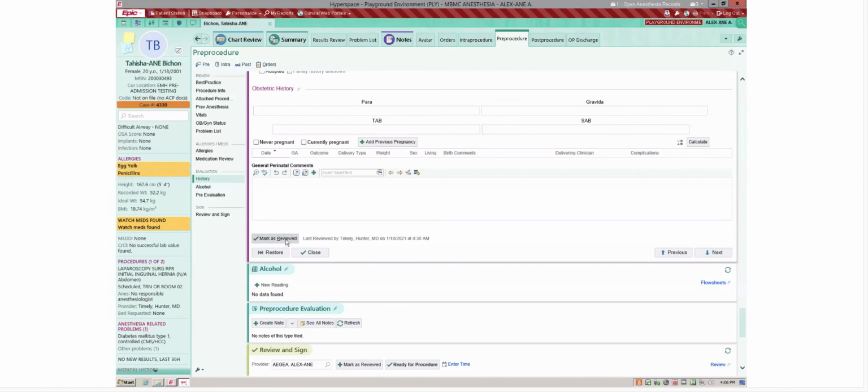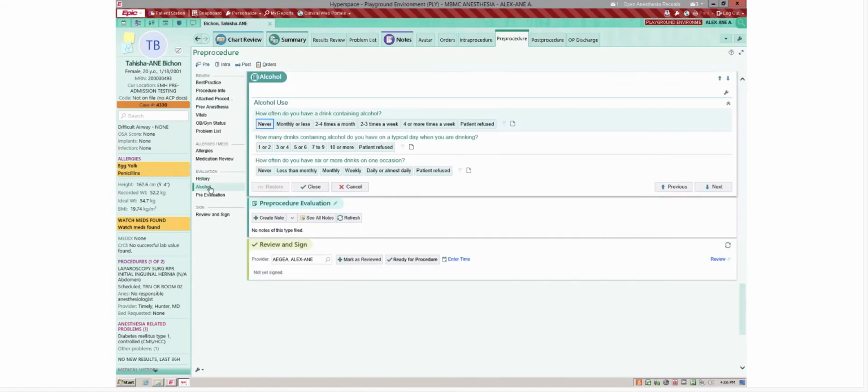And again, at the end, mark as reviewed. So we're going to click mark as reviewed, and it showed that we did it. Oh, I guess alcohol has its own section now. There we go. I guess that used to be in the same section, but now we've got all kinds of fancy alcohol questions. Now notice that we go down here and we click pre-evaluation, and that's really going to be